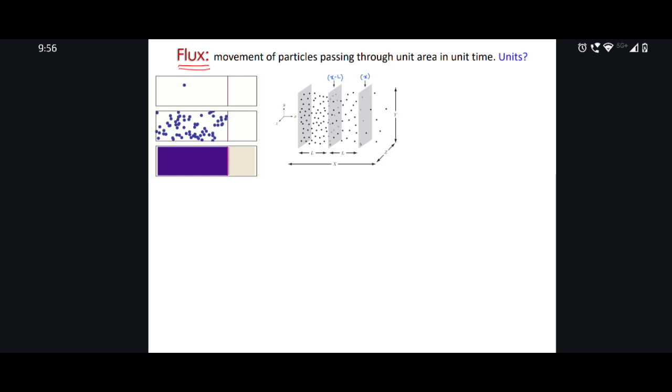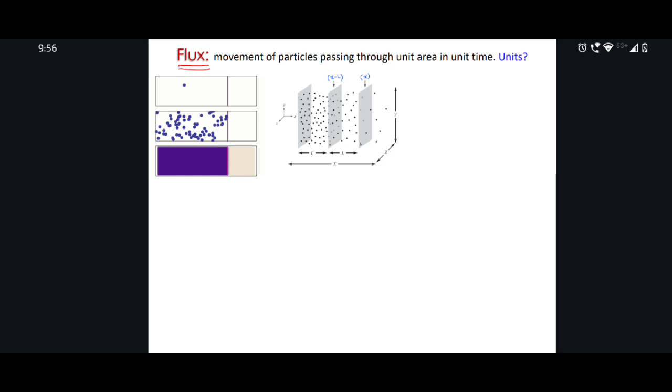Now let us look at this example. This will kind of remind you of the diffusive process. But think of these 3 planes, and think of a Cartesian coordinate system. What has been done is these planes have been placed along the x-axis. So I have this plane